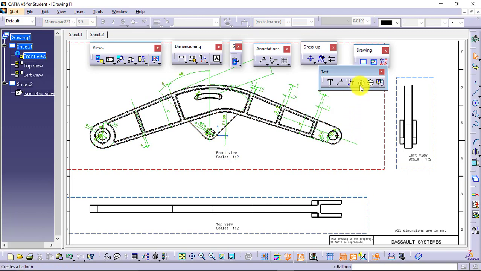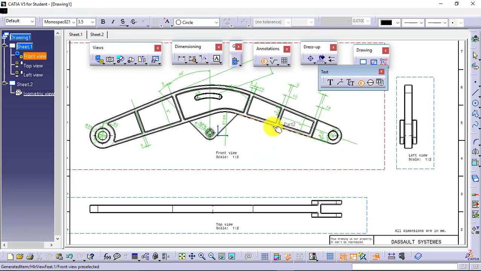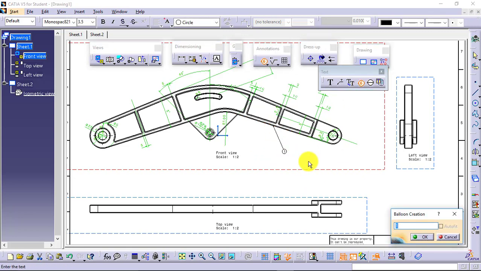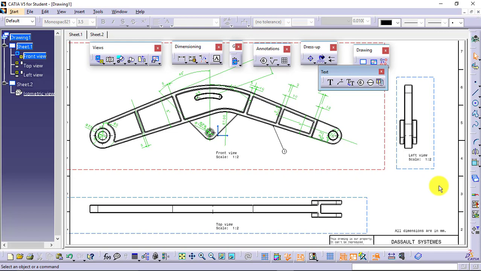Then we have some options for ballooning, if you want to go for manual ballooning, which is required in the assembly as well. Over here in the part you can go for the inspection and all these things. Say you are an inspector of the drawing, and there is some mismatch in the drawing, so you can select the balloon, point the particular portion out, give the number or anything over here, and for this number 1 you can write down the note that at the area of number 1 you have to make the required changes. You can give the instruction to the team by using these balloons.